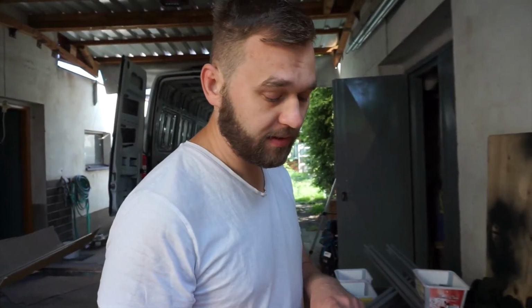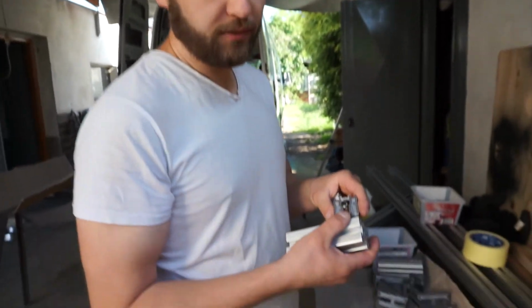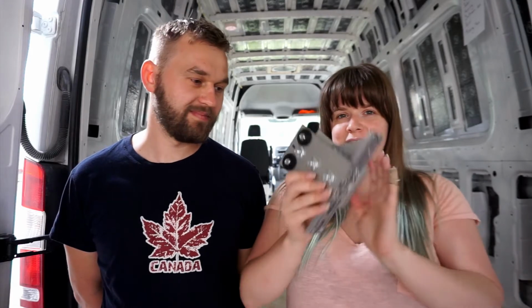We are able to try how we are going to attach the roof rack to the awning. I'm not able to attach it like this as I wanted to, so we will have to figure it out somehow different. So after lots and lots of thinking and researching and pondering, this contraption is our solution for mounting our